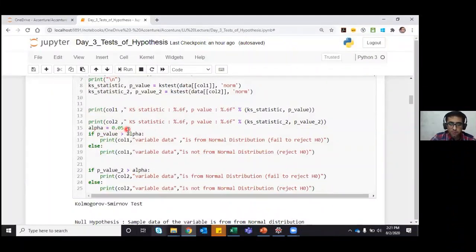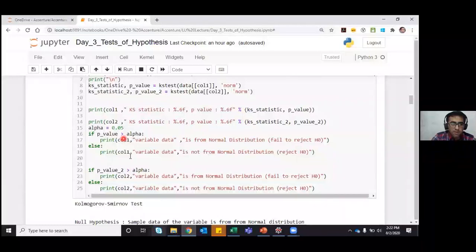If my alpha is 0.05, or my error percent is 5%, or my level of significance is 5%, any terminology we can use, then if the p-value is more than alpha, we will simply print that the variable data is from a normal distribution and we fail to reject H0, the null hypothesis.